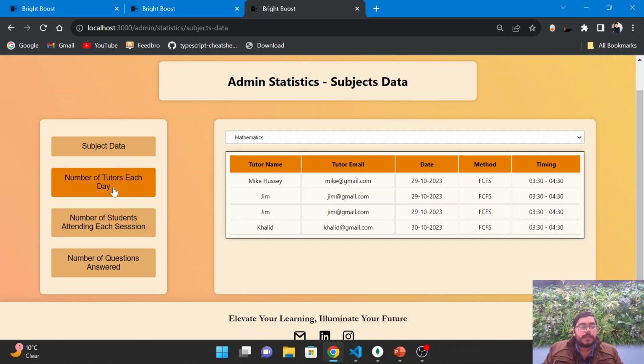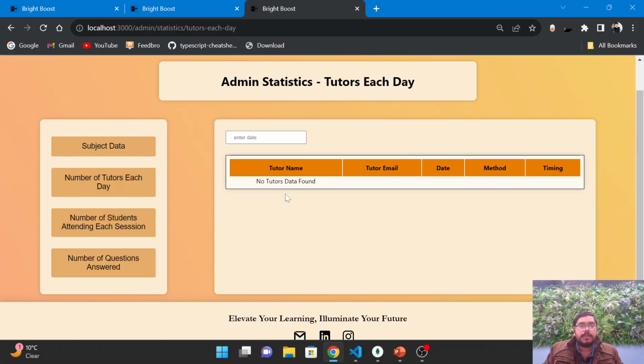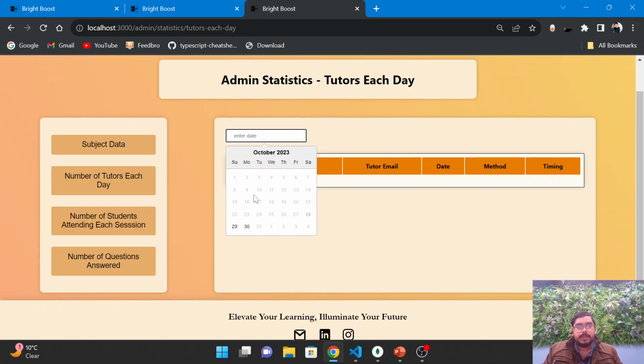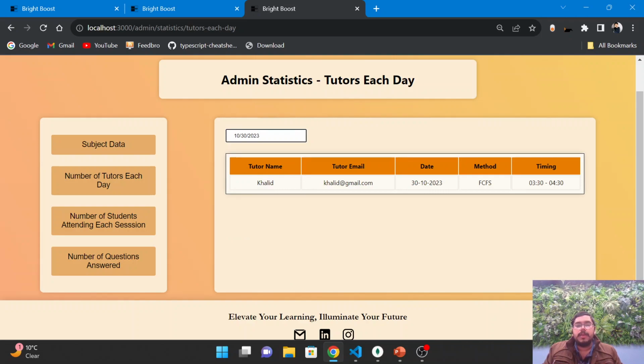As part of the second button, that is basically the number of tutors each day, we can filter it by date. If we select a day, all the previous dates are grayed out, and only the available dates on which tutors are teaching are shown. Let's say we select something, the teacher that is teaching on that particular day is shown here. So the code for this is